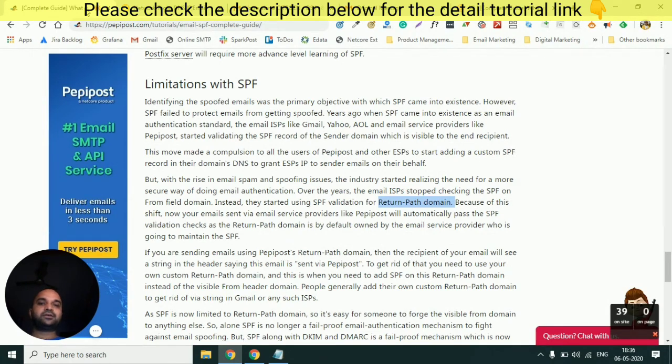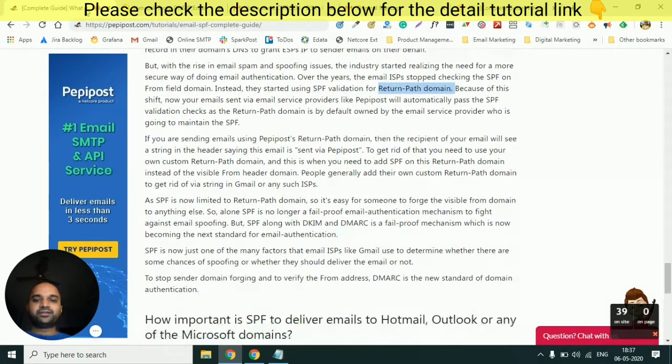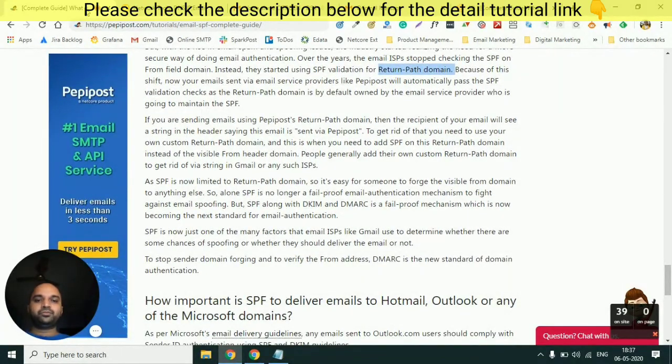Otherwise, your mails will start landing in spam, because this is a recent change which has been observed, especially in Outlook, and in some cases other ESPs or ISPs also, where they have started observing SPF on the return path domain instead of the from domain. Gmail also checks SPF on the return path domain. So that was the limitation, and how you should be overcoming it.